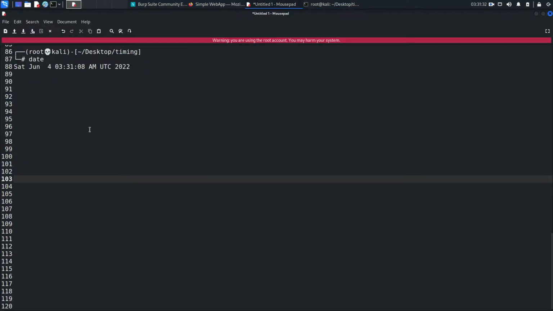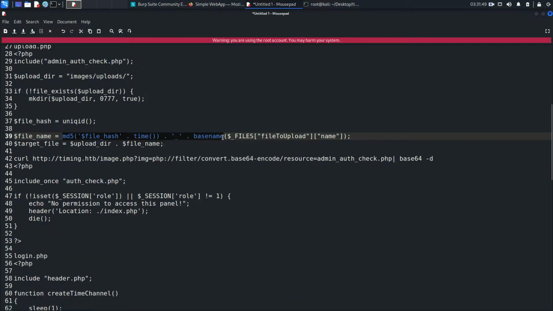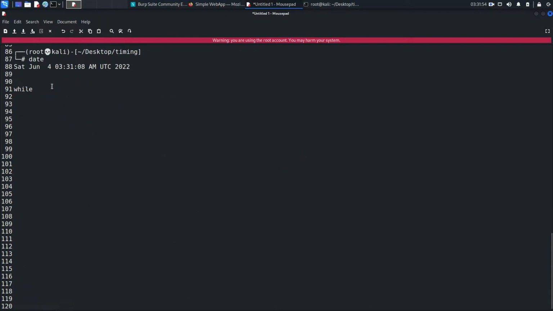Let's form the query. I'm going to make it in PHP, because it's super easy to do it with PHP, because we already have it here. We will take it up to here and copy this, come here, paste it here. Fine, this is the most important. So while the condition is true, let's say